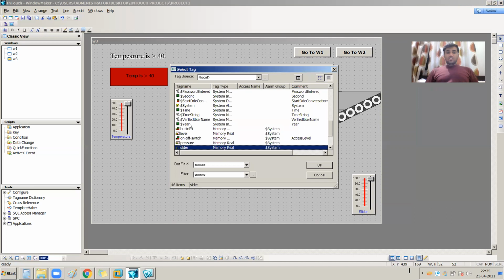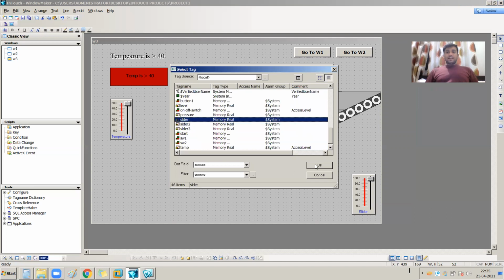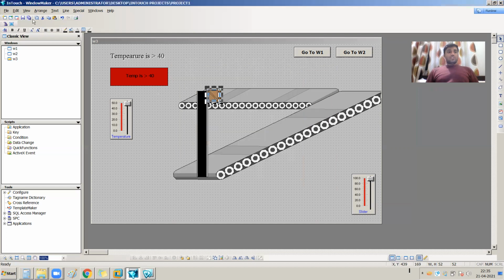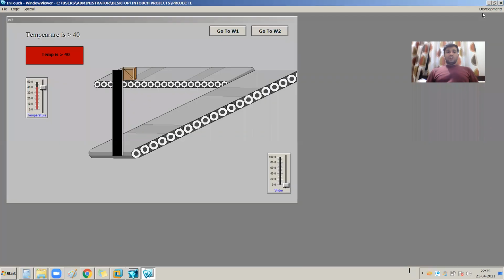So if I double click on this and select the slider tag, then for my slider tag, the 0 to 100 range means 0 to 580 movement in the horizontal direction. I am saving it and going to the runtime mode.